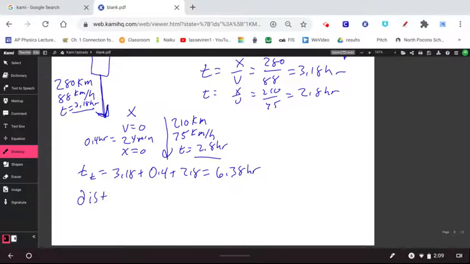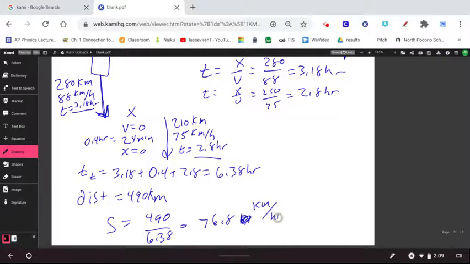is going to be 490 kilometers. And so our average speed and velocity would actually be the same here. It would be 490 divided by 6.38, or 76.8 kilometers per hour,